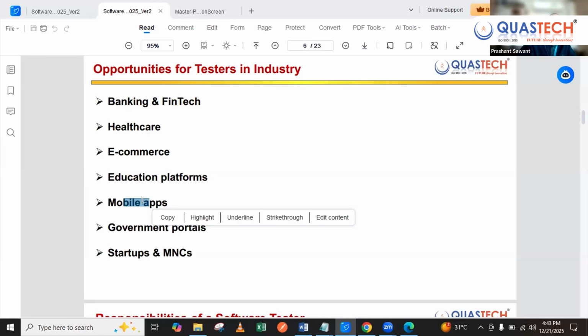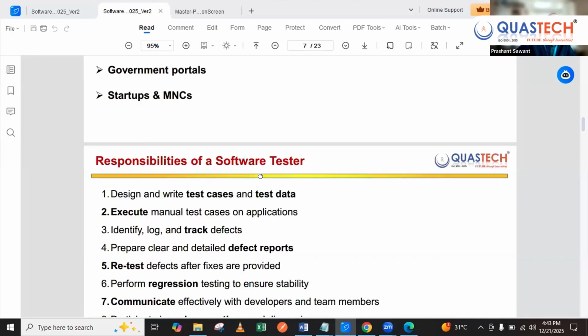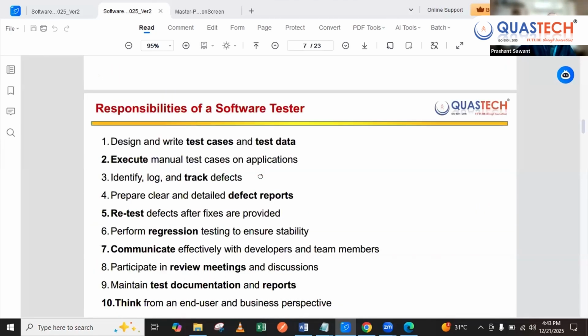So that is again another word of caution that we have experienced, and we always keep on telling the candidates and the students here at Quastech, when we cover this AI part of development or AI part of testing. Okay, just going ahead, even before you go for an interview, this is an FYI or maybe a tip